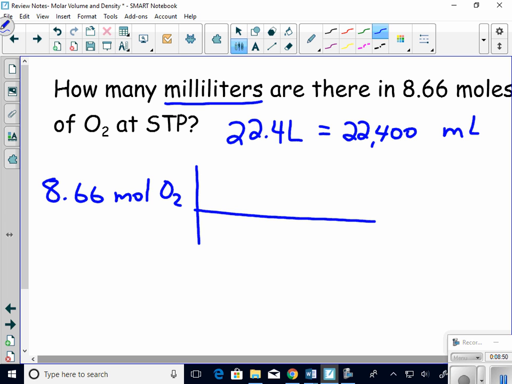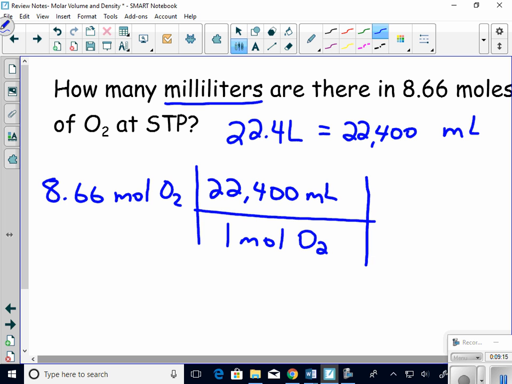I set up my conversion box. I want my moles to cancel, so I'm going to put 1 mole on the bottom. 1 mole of oxygen is equal to 22.4 liters, but I don't want it in liters. I want it in milliliters. So I'm going to put the